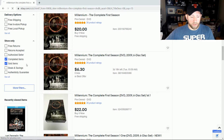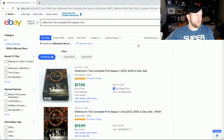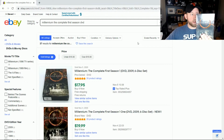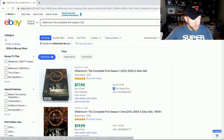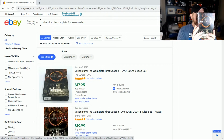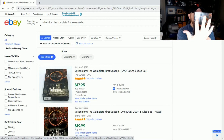Now we're going to go and look at solds. And we're going to look at latest or ended recently. And the one on top is actually mine. This is mine. That is my listing. Not the best picture that I had. A lot of times I will stand these up and maybe put it on a little bit of an angle that you can't really tell here, and then take the picture coming in, then take a front picture, side, back, side,